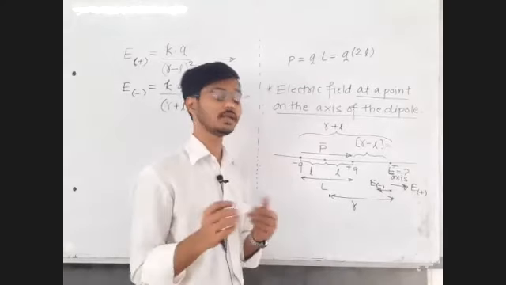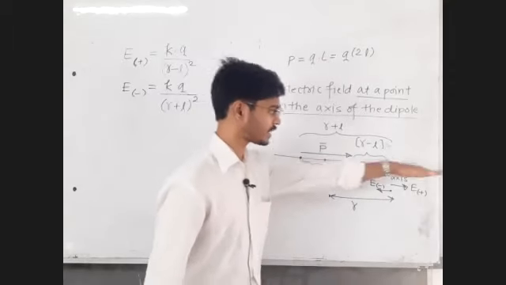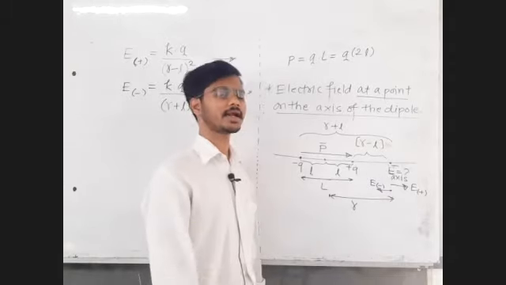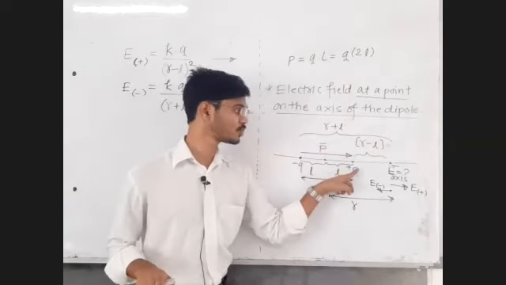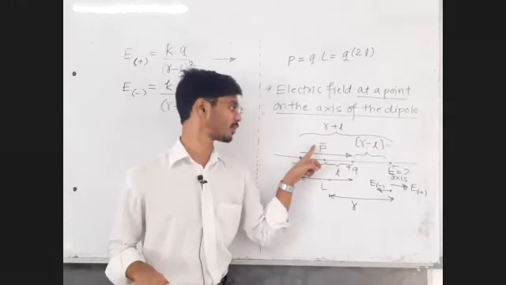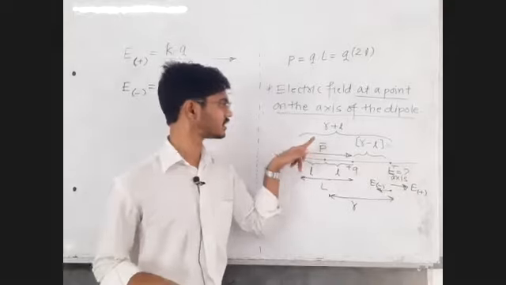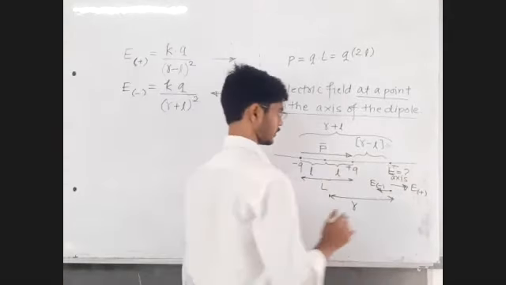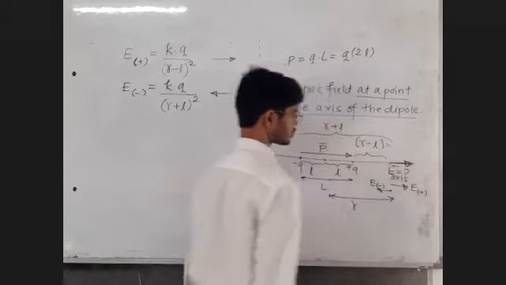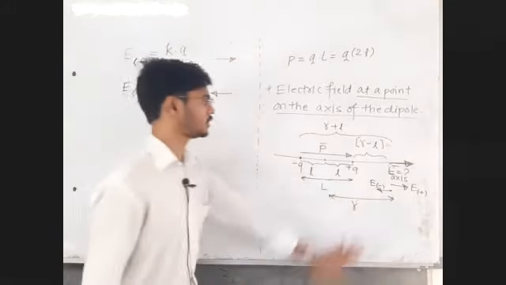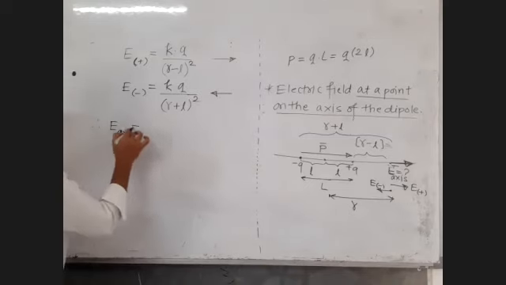Okay, so which vector will win? Sir, E plus vector will win. So resultant direction will be rightward. Rather than saying rightward, we shall say resultant direction will be from negative charge to positive charge, meaning in the direction of dipole moment. Resultant direction of electric field along the axis is always in the direction of dipole moment. That is what we should say. So this is going to be the direction of net electric field, that is E axis. You also draw all the things that I have drawn here. Therefore electric field at a point on the axis is net rightward.